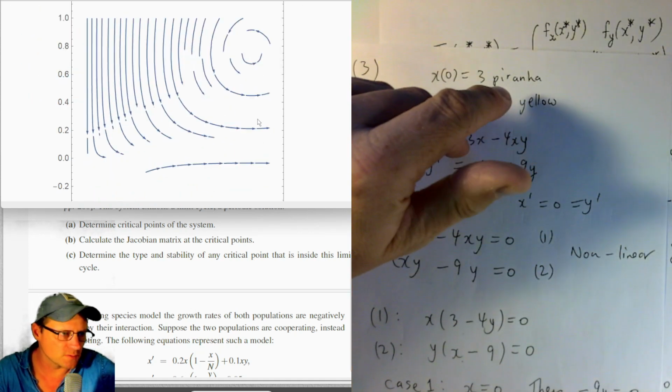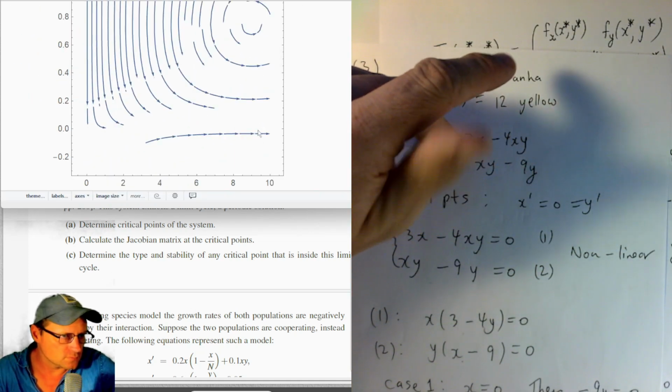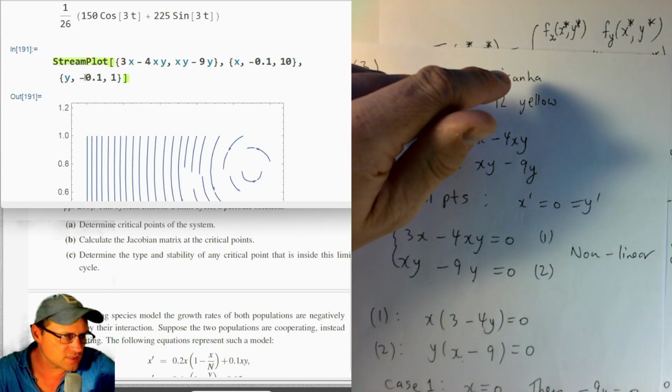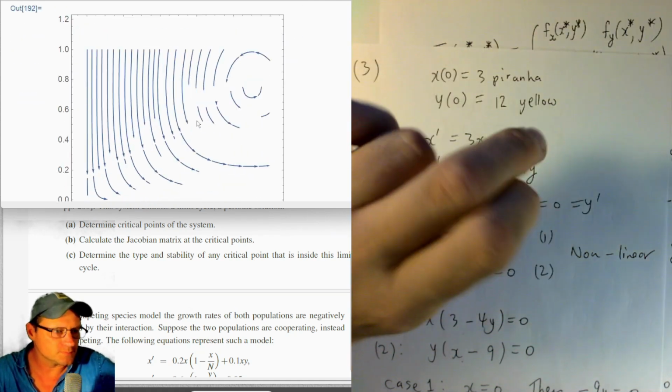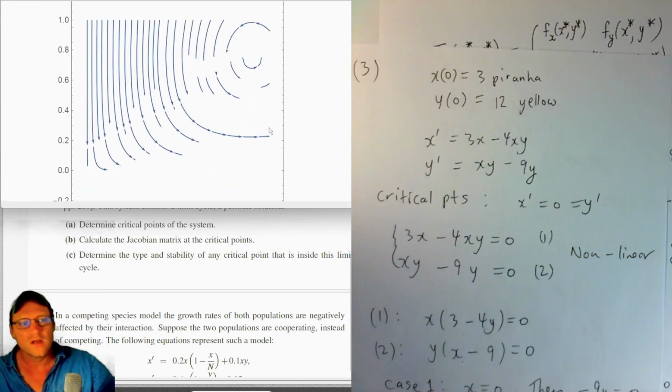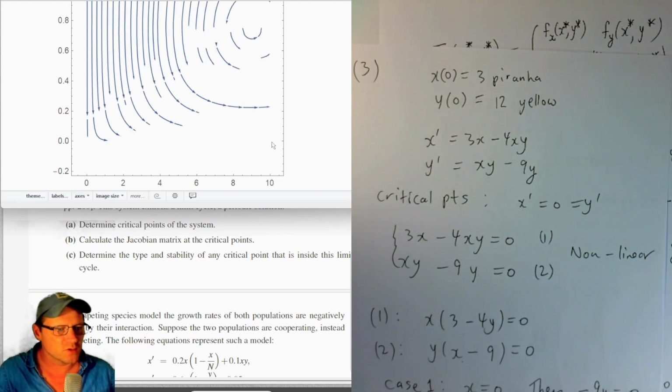Maybe we'll get some more. Okay, and I'll take the y's from 0 to 1. So you can kind of get a rough idea here of what's going on. So we have a saddle here at 0, 0. So if we had an initial condition that started where my mouse is,